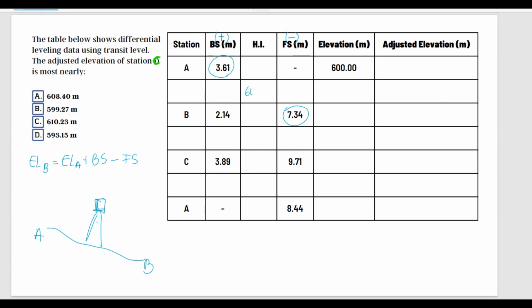We have 603.61. We get the height of the instrument. And then I subtract the foresight distance from this, which is going to give me the elevation at station B as 596.27 meters. And now I'm going to add the backsight distance to this value, 596.27, plus 214 gives me a value of 598.41. So the height of the instrument is